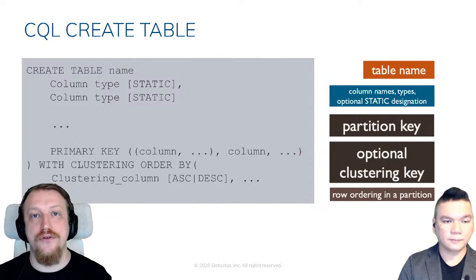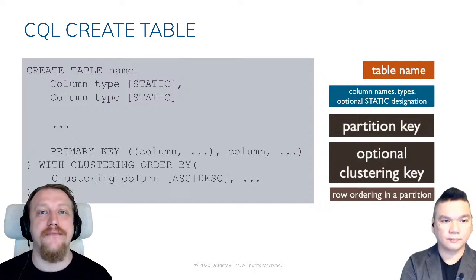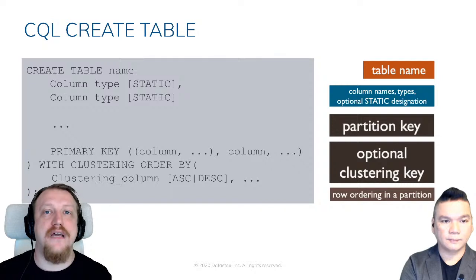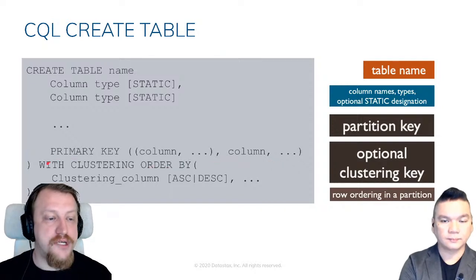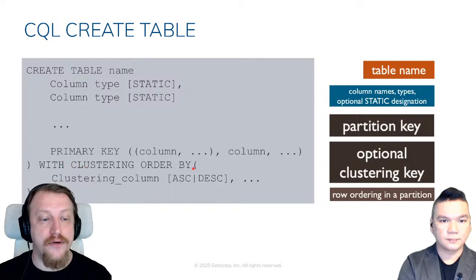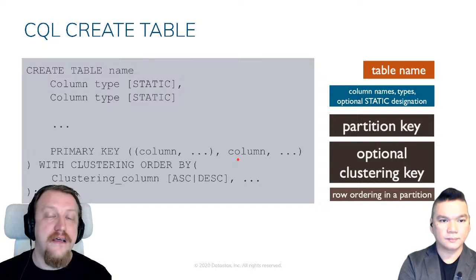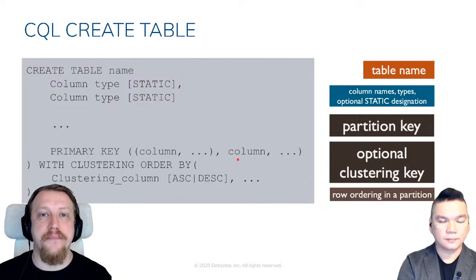Altogether, I will show it to you on the example. If you aren't getting something right now, don't worry, you will get that when we work on the example. And finally, the optional version with clustering order by. The point is, clustering columns here are not only needed to define the uniqueness of a row in the table, but also to ensure sorting order. How it works and how well it's optimized is a question more for the right path discussions, so it will not be covered in this workshop.